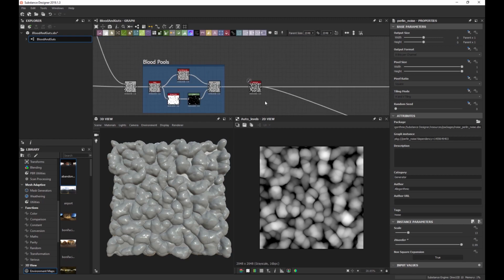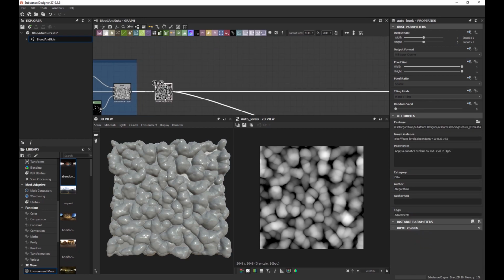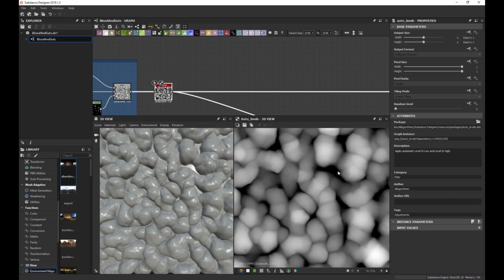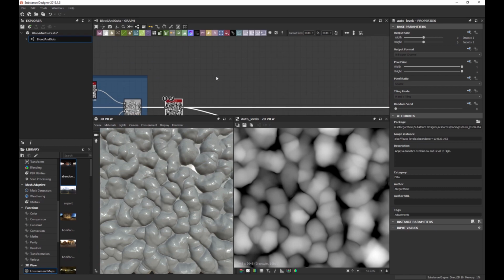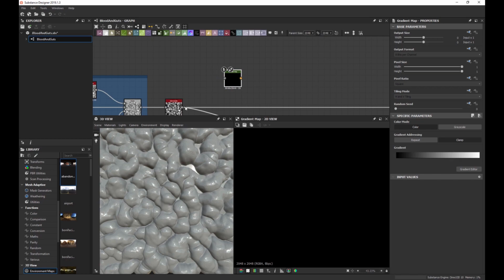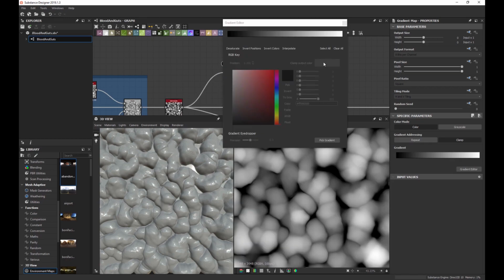So what I'm going to do is come over here to our auto levels, and if we look at our levels here, what we really want is a dark blood in these puddles, and then as we get higher we want to blend into some mid-red colors, and then finish at the top with a fleshy light pinky orangey color. So we can just do that with a gradient map. I'm going to drop my height in here, and then go to the gradient editor,